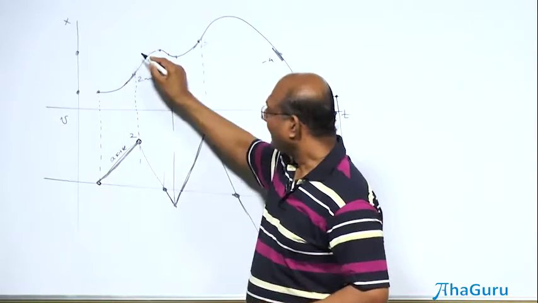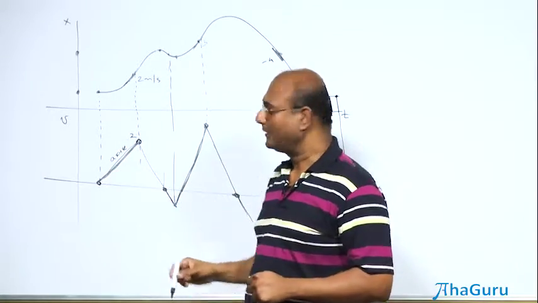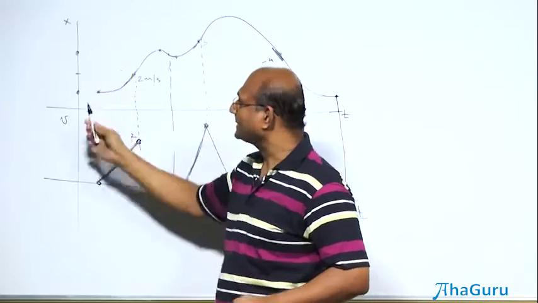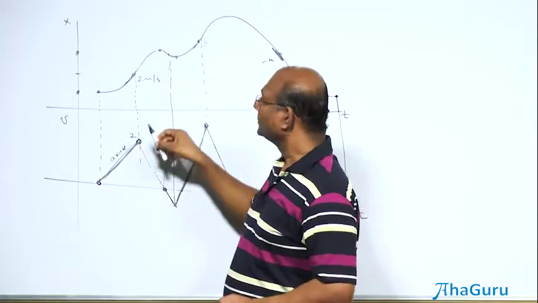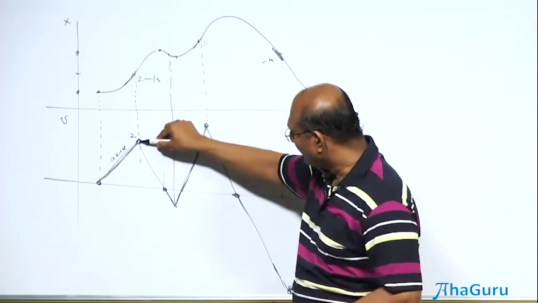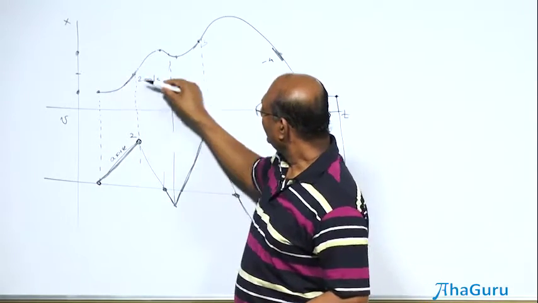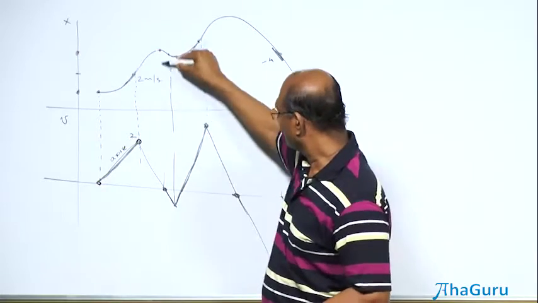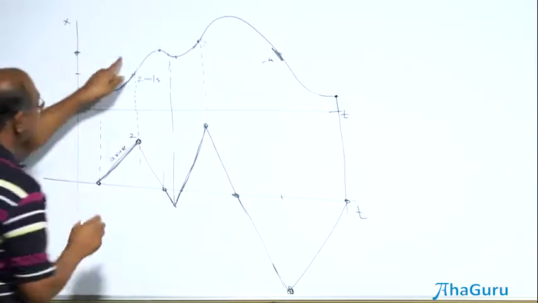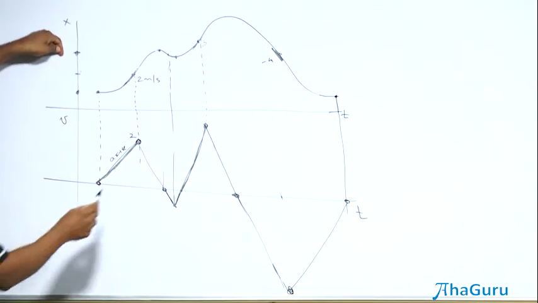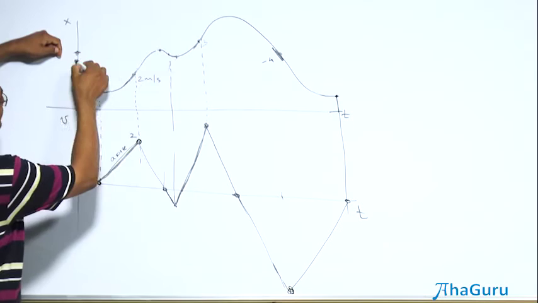Notice something. X tells you V, but the V graph tells you A, just by looking at the slope of the V graph. So from here till there, it was accelerating in that direction. Then at that point, it starts to slow down. You can see that now it has a negative acceleration from here till there. By the time it reaches this place, its velocity is 0. But it continues with the same negative acceleration for some more time. So maybe till it reaches this place.